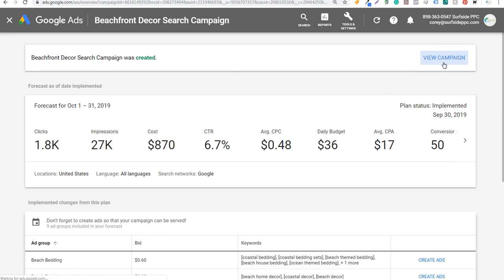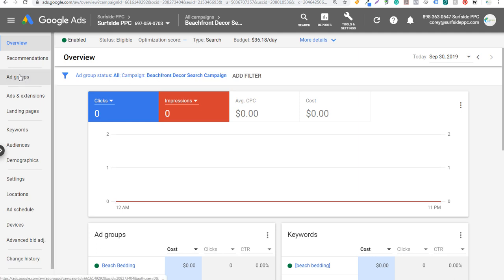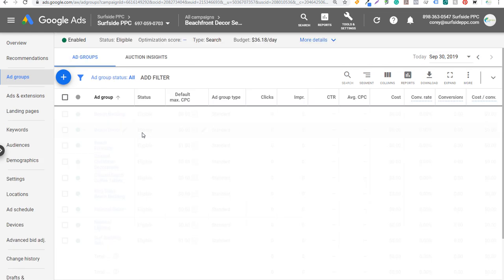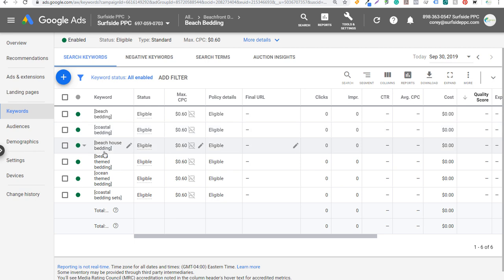But if we click on View Campaign here, the next thing we're going to have to do is set up advertisements. So we can come in here to our ad groups. So we're in our campaign. So let's just come back over here to all campaigns real quick. You're going to see any of your campaigns. We have our Beachfront Decor search campaign. We can click on it. It's going to show our max CPC. You can see for beach furniture, it was increased here. So what we can do is we'll click on beach bedding. It's going to show the different keywords that we're bidding on,